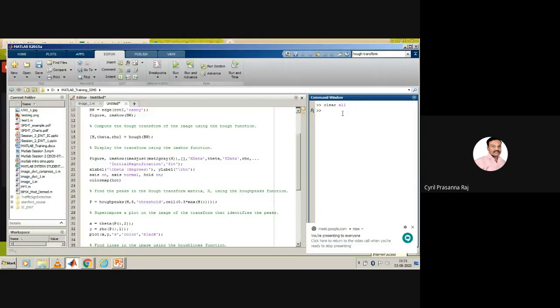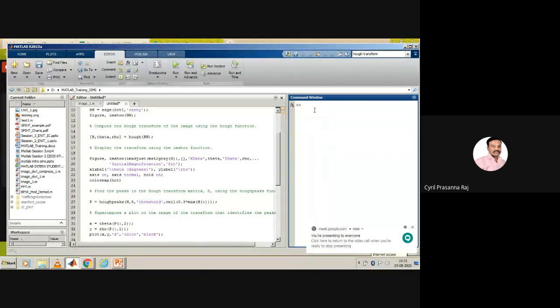Now to know what this Hough transform is, I'll just go to MATLAB and type help